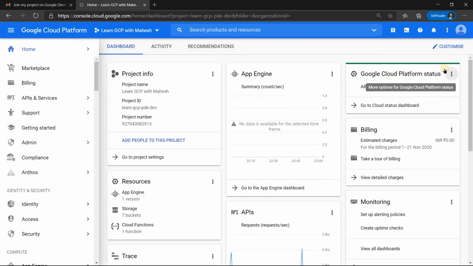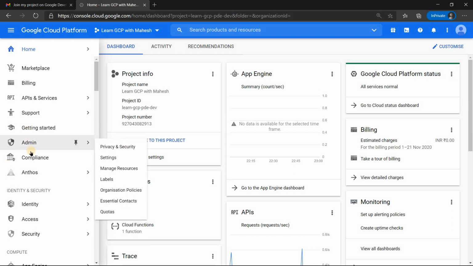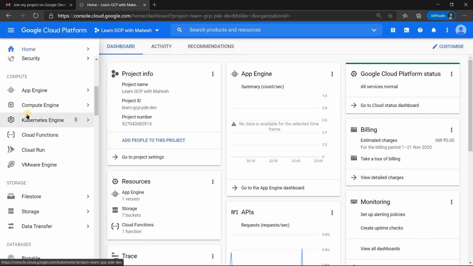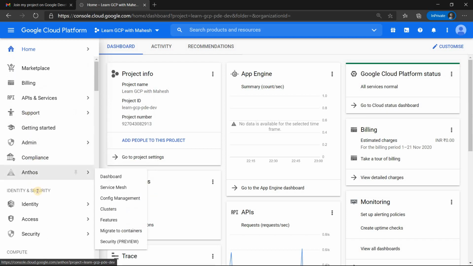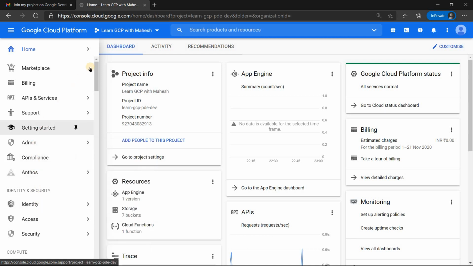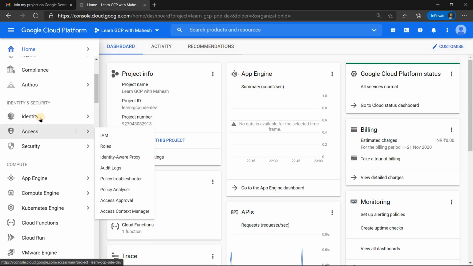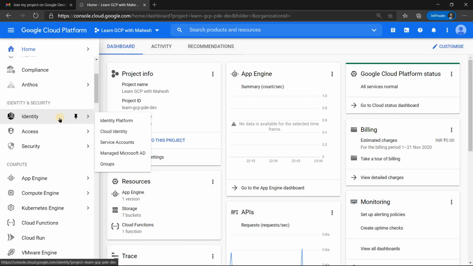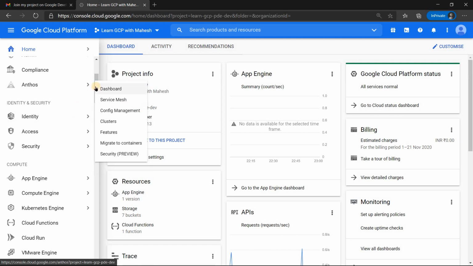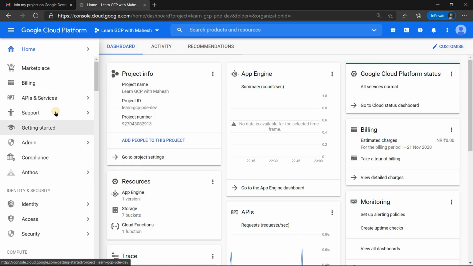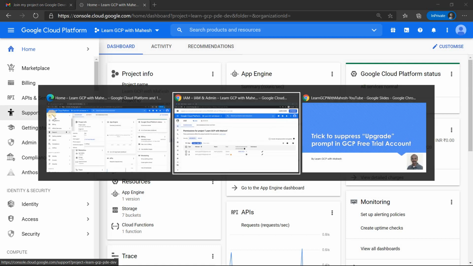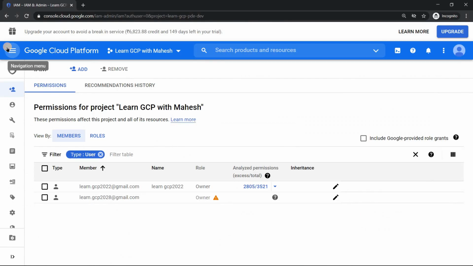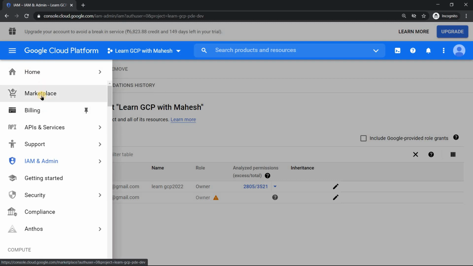Now I have complete owner access, so I can even remove the other user. Let me show you that. They have changed the user interface, and you can quickly see the difference from the previous screen. That's really good to know.